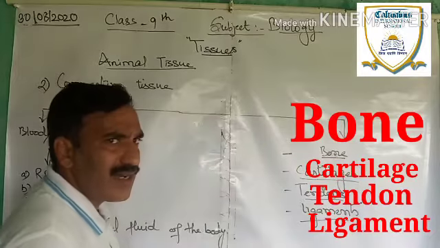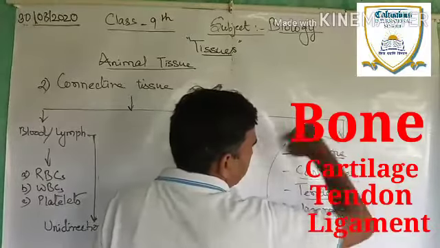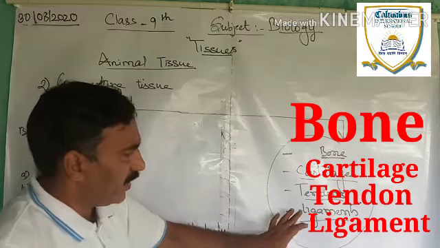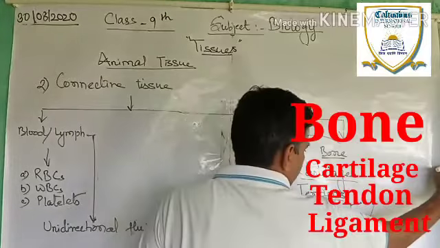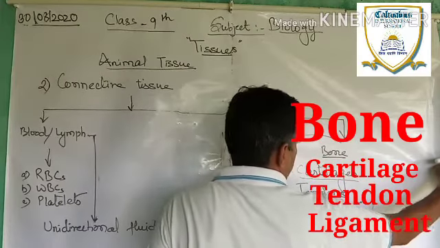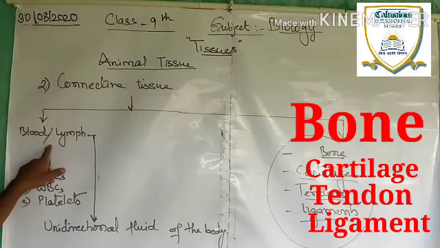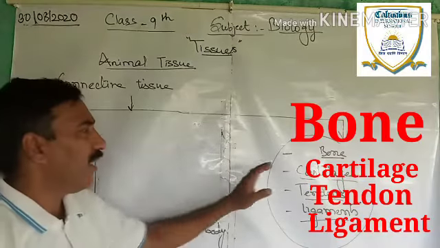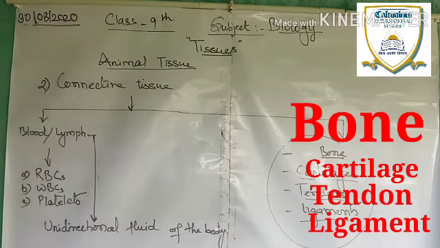You have learned in 7th class, 8th class, and of course you will get them in the higher classes next year in detail. Right? What is cartilage, what is tendon, and what is ligament? You know very well. So no need to go into them again because of your reduced syllabus. Alright, so this was about the connective tissue of your body, the liquid connective tissue and the solid connective tissue. The lymph and the blood, the liquid ones, and bones along with the cartilages, tendons and ligaments come into the solid connective tissue. So our next